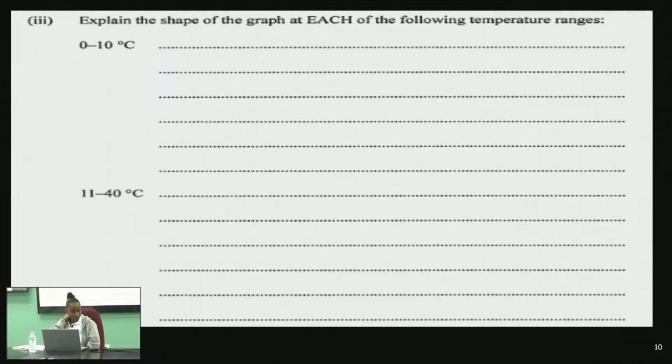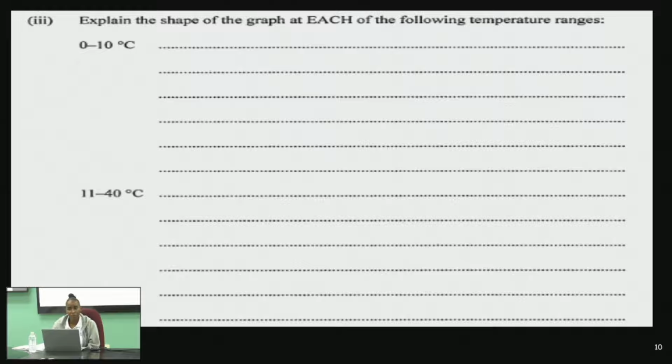Now, the next question is asking about the shape of the graph. So there are different stages that it's asking you to describe the shape of the graph. The first stage would have been 0 to 10 degrees Celsius, which essentially would have been the initial shape of the graph. All right? Now, I should highlight that this question is 6 marks, which means that it's 2 marks per section or shape that is identified. Now, for the 0 to 10 degrees Celsius, you would have had a slow rate of reaction,